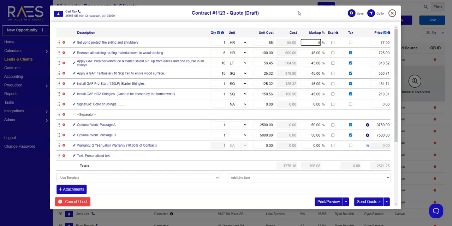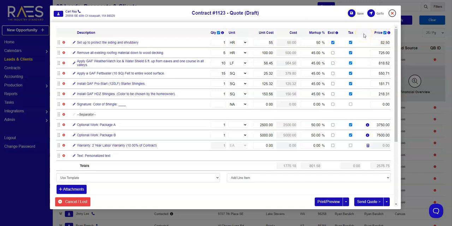If you wish to exclude any item from your additional markup percentage, make sure to select this box right here. During our template creation, we selected if these products or services were taxable, but you always have the ability to change that with this box right here. Additionally, you can choose to hide the quantity or price on your quotes using these checkboxes, keeping your cost breakdowns